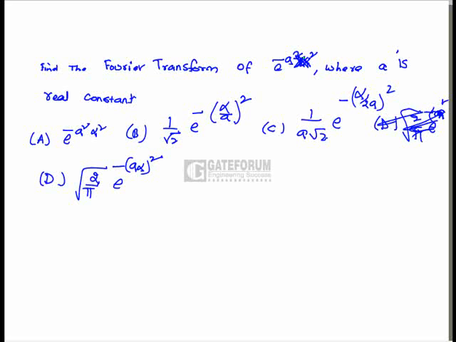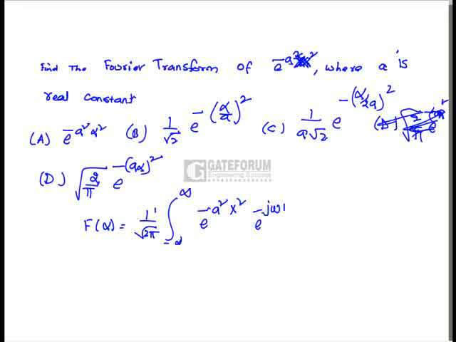Question is, find the Fourier transform of e power minus a square x square, where a is the real constant. Here we know the Fourier transform, suppose F of omega equals 1 by root 2 pi, integral from minus infinity to infinity of e power minus a square x square e power minus j omega x dx. If we solve, that is 1 by root 2 pi, the value of this integral,